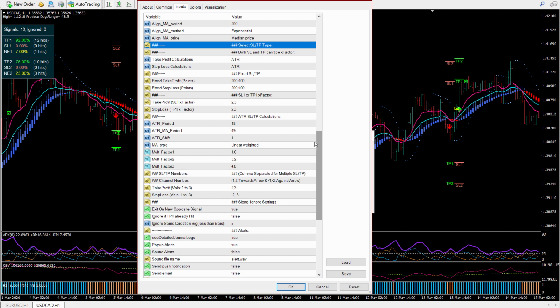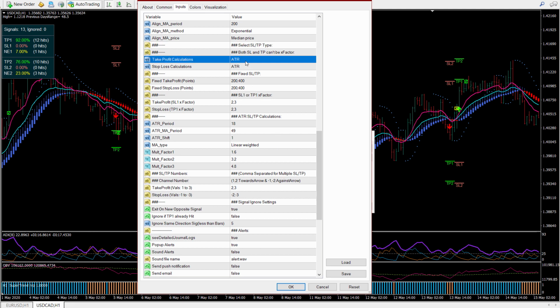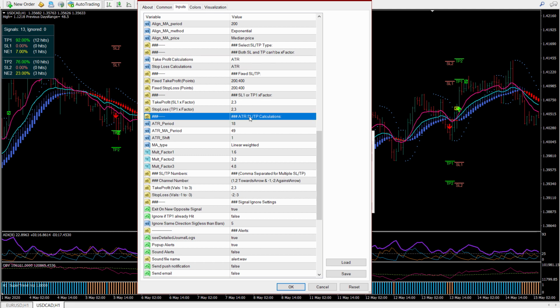We have the stop loss and take profit calculations. By default, the TP and SL are calculated by using ATR, and you can specify all the ATR settings right here. So this will create the ATR channels, and based on these settings, these channels are created.